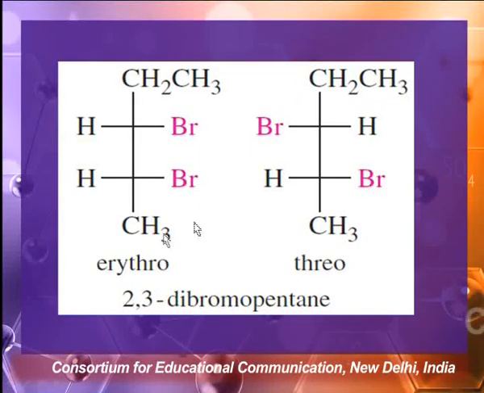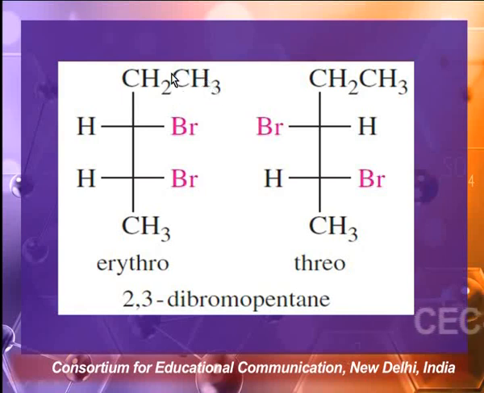So now on your screens you can see the structure of 2,3-dibromopentane, and when we talk of 2,3-dibromopentane, what are we talking of? We are comparing this structure with the structure of erythrose, and therefore we are using the term erythro here. And in this case what we find is that the two groups which are different here, H and Br, which are attached to the first chiral carbon, and H and Br again attached to the third chiral carbon, are on the same side, and the terminal groups here are also different.